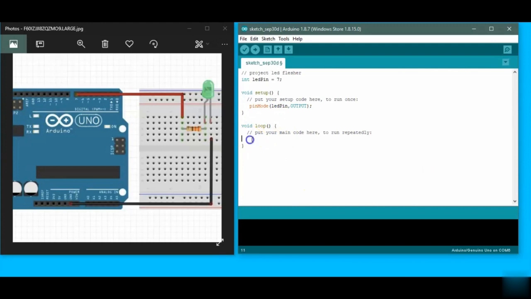The void loop is used for statements which you run again and again.